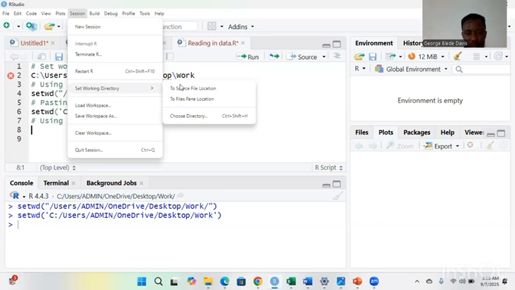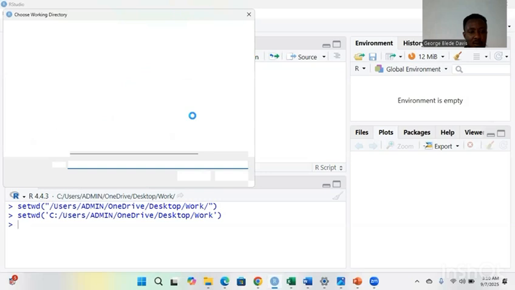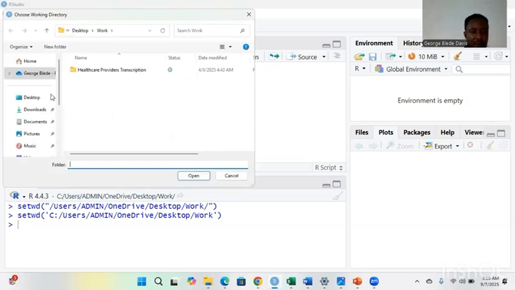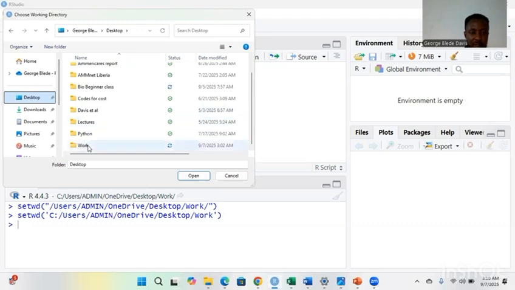You navigate, and all your files will come up. Then where you have the document, you choose it. I choose Desktop because the file is still on the desktop. Then I go to the Work folder where I saved it. I choose Work and I run this.